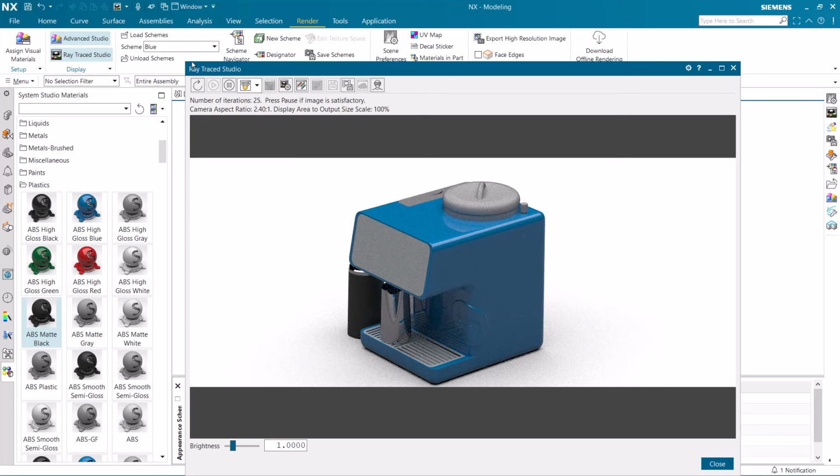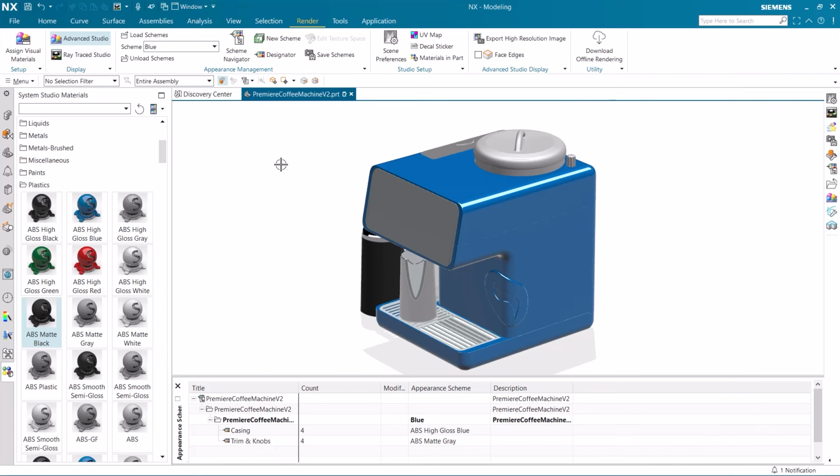Let's recap what you have seen. You saw me have a coffee maker with only the exterior parts loaded to reduce the render and loading times. I then made two different appearance schemes to differentiate between the different colors that I wanted to add to the model. You then saw me group parts of the model together and add different materials to them. Finally, I rendered an image of the red scheme and then toggled between the blue one and rendered it as well.